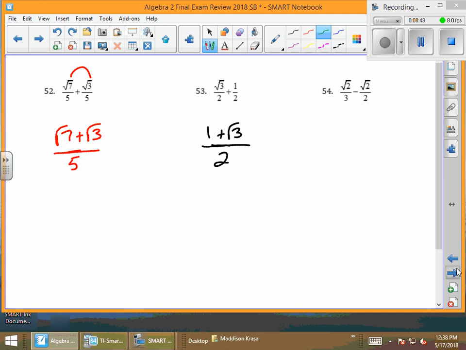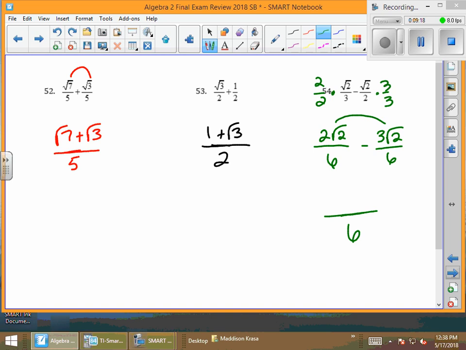All right, for number 54, we do not have common denominators. So we're going to do our trick where we multiply by the opposite denominator. And so my first fraction will be 2 square root of 2 over 6. And my second will be 3 radical 2 over 6. Now, if we look at our denominator, it's 6, common. And then our radical 2